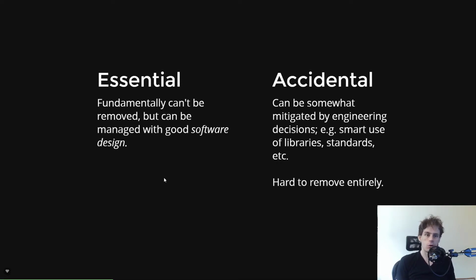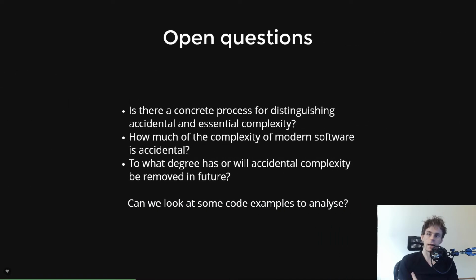We can try and remove accidental complexity from your code, but it is hard to remove entirely because we're all imperfect and we all write code that's substandard sometimes. So the takeaway here really is that